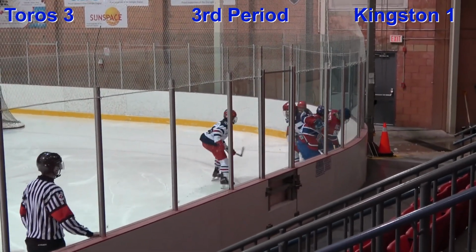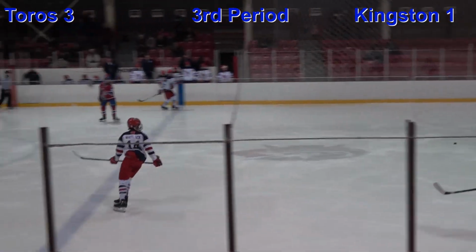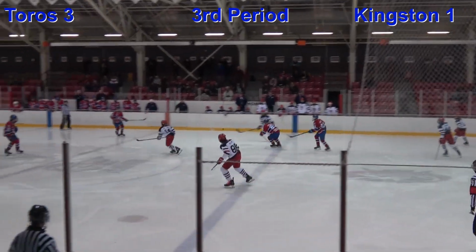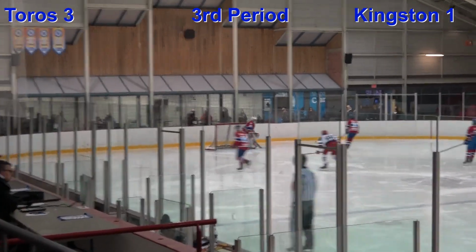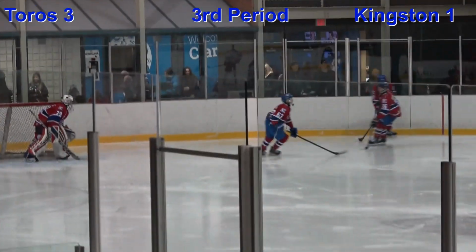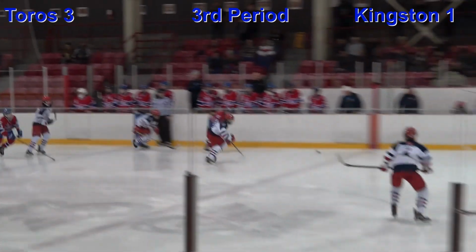Big hit, trying to knock him off the puck in behind the goal. Taken away here by the Toros as they flip it out, as that's going to get tipped away against Whitlock. Whitlock will steer it into the Kingston end. Back in behind the goal, they'll start this out. Hard around the boards to try and dump it out of his own end.